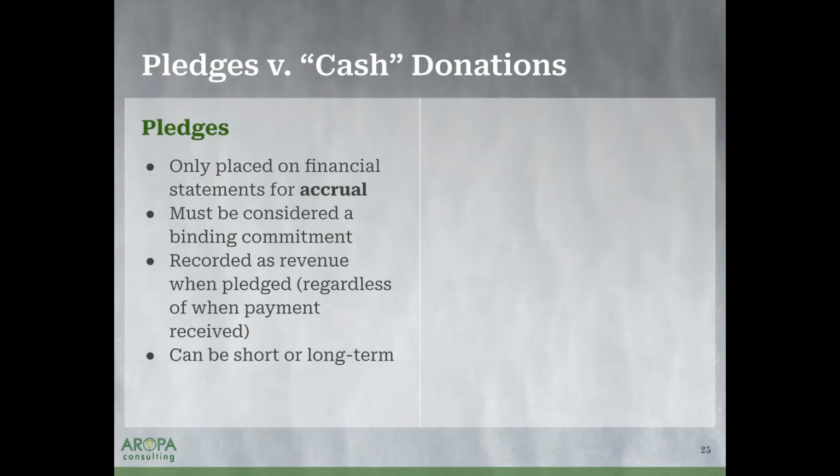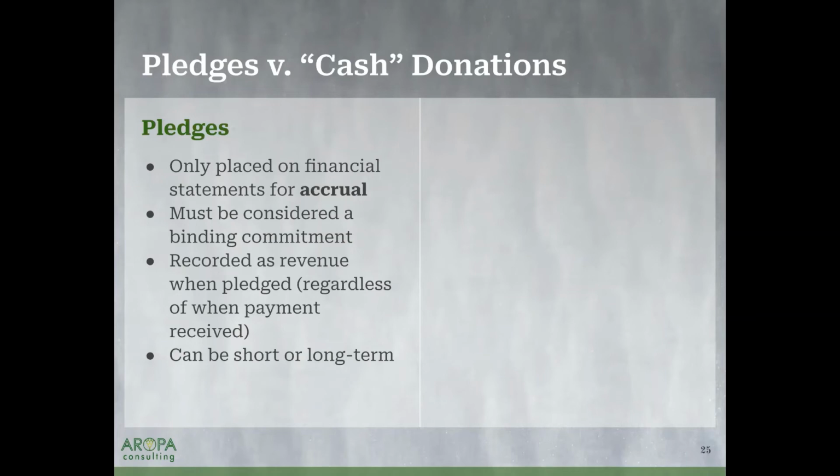That means in the months of November and December especially, your financial statements will be very skewed. You'll have all of this revenue, even though maybe you don't receive the revenue until sometime next year. That is why, again, if you're using a financial system or bookkeeping system that is able to toggle between cash and accrual, it can be really helpful. So you can say, okay, we received all these pledges, but we haven't received the cash yet.